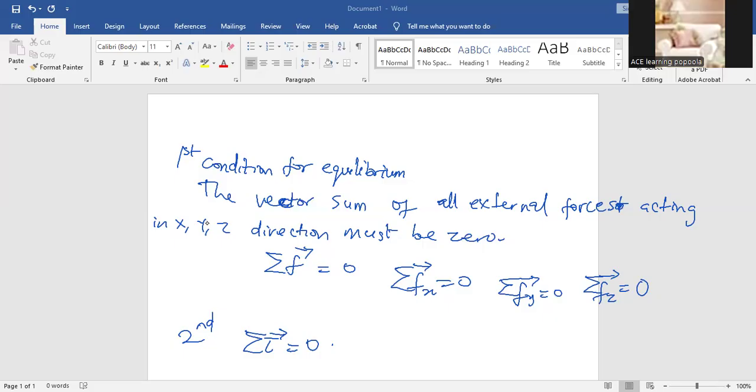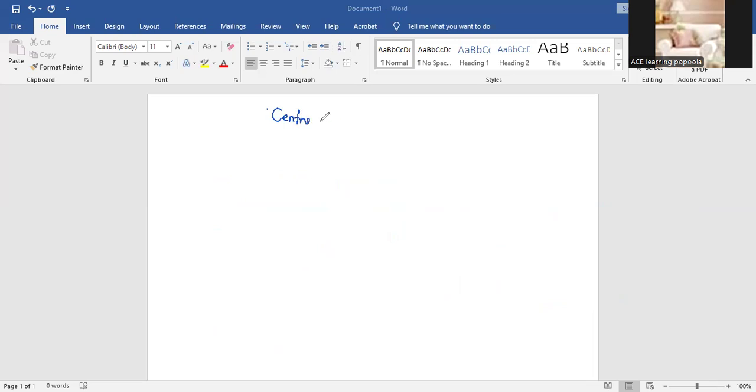The weight of objects, center of gravity, CG. So the center of gravity of objects is concentrated at a point where it appears all the weight of that object acts. We can ignore that acceleration due to gravity. Now, if we want to determine the center of gravity,